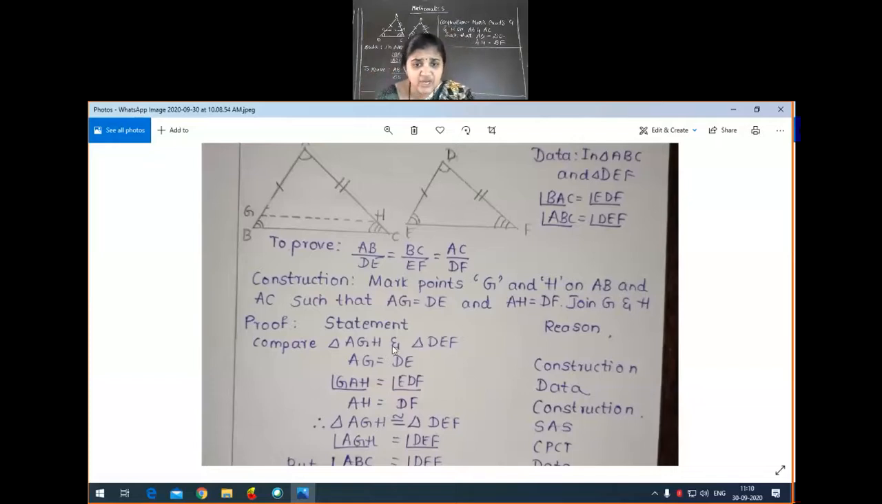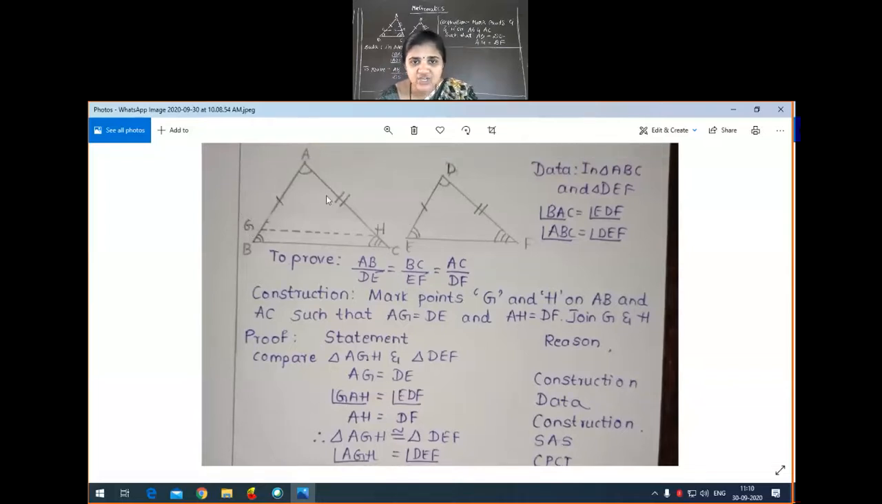Triangle AGH and triangle DEF, you all know how to prove the congruency. This AG is equal to DE. How is AG equal to DE? Because of construction. We made that construction ourselves. Then angle GAH, this one, GAH is equal to